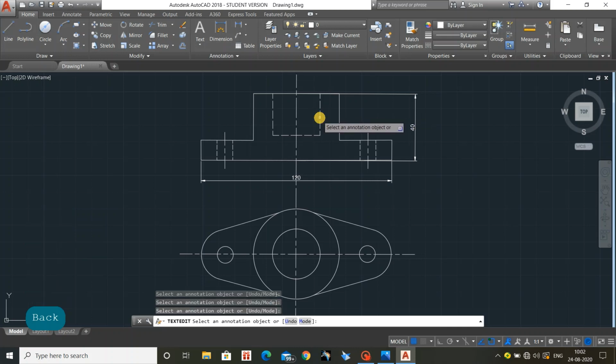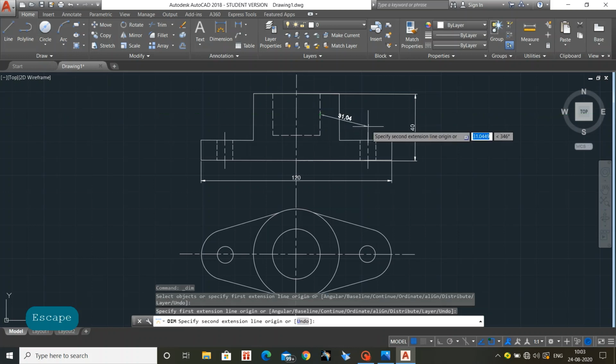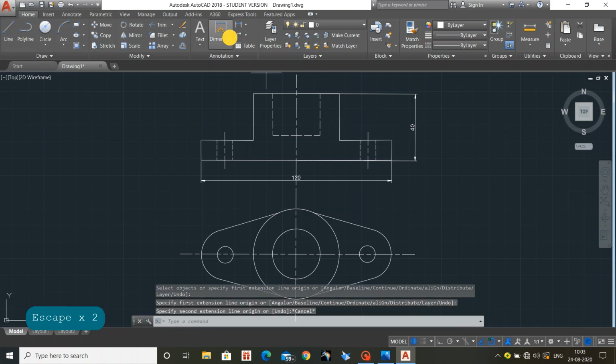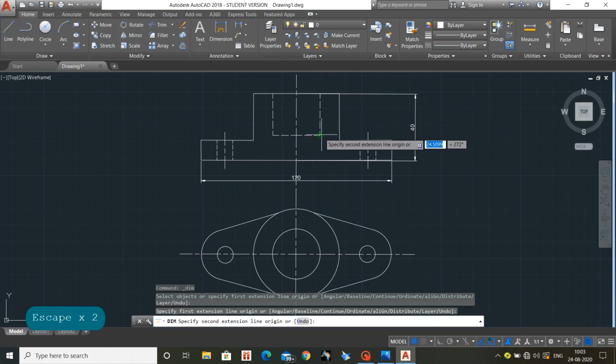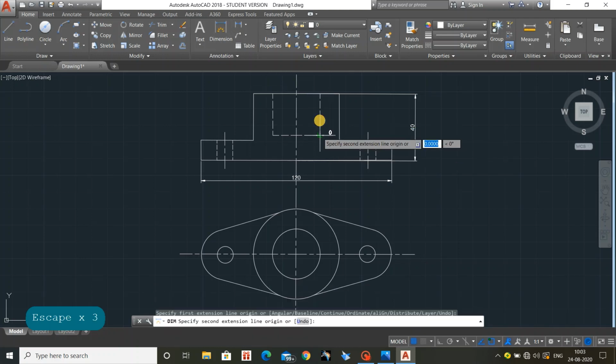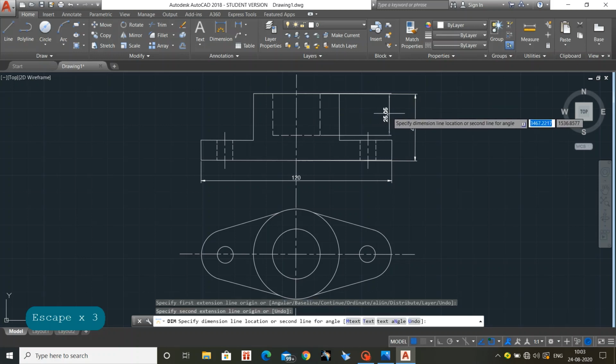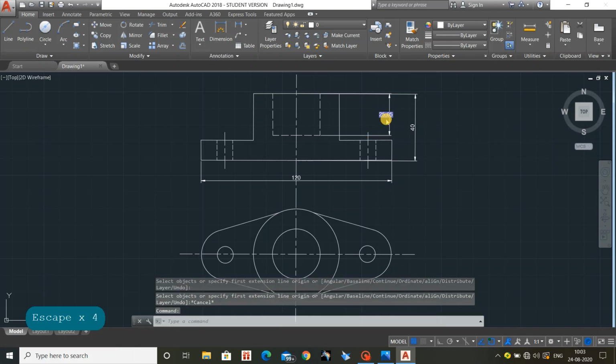So for dimensioning that line, I need to select the top and bottom points. So top here, see, a small point variation will give a variation in the dimension.